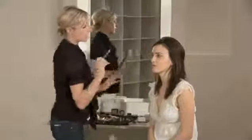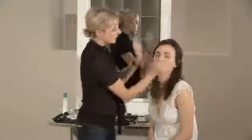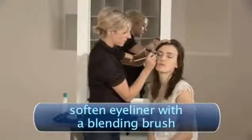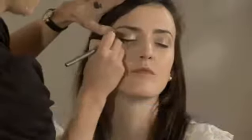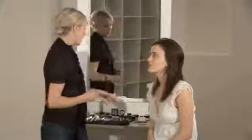Now I'm going to use a blending brush, which is just a sponge-based brush, to really soften this. Not making it smoky, but softening it. We just want to make this a little bit sexy. And then I'm going to set it using a